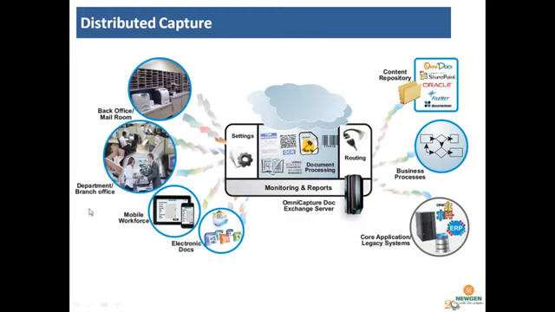We can capture the documents from a branch office, a mobile workforce, and electronic documents which we prepare, and this is our server for Omni capture for document exchange. So you can capture the documents, process them, and then upload them for archival, or send them through a business process, or to a repository, or to core applications where it is required. Let us understand this slide in detail.